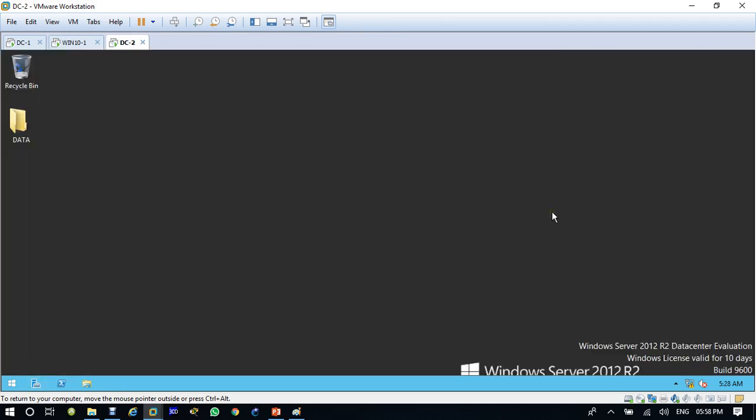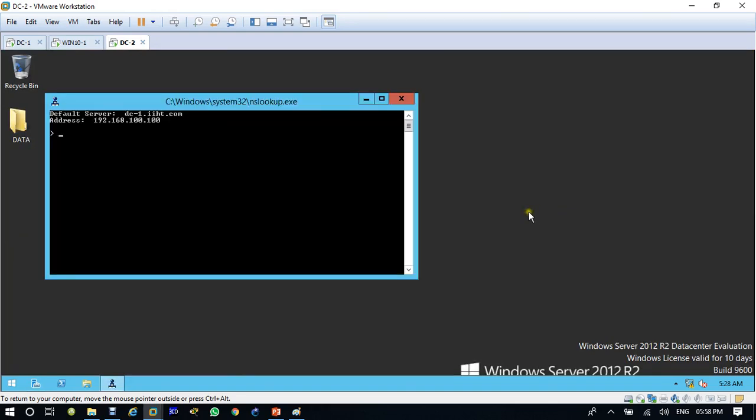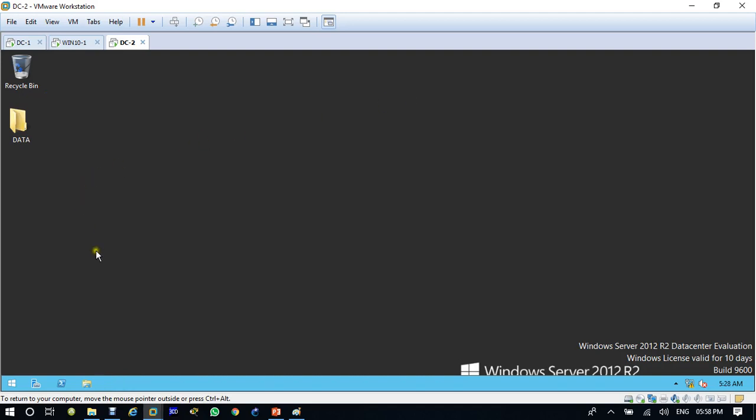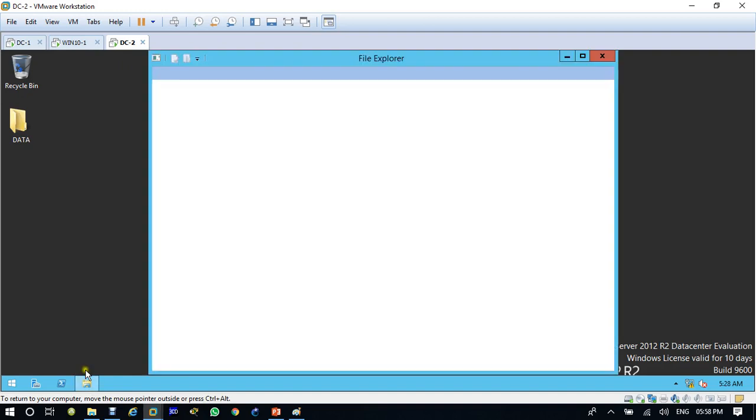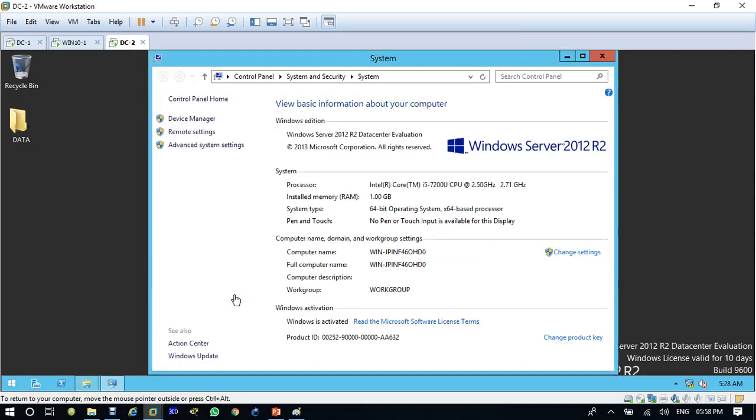For verification, you can run nslookup. So it's okay, working fine. Now we have to add this machine to the domain. So as a member server, right click, properties.